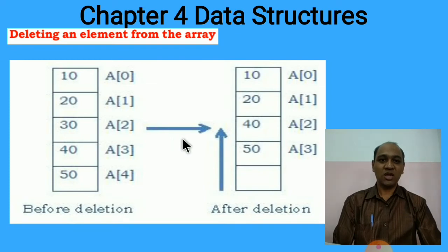Here you can see this arrow mark represents that this particular block element is to be removed, that is, the one whose position is 2, consisting of 30. Once it is removed, this particular block will be empty. So both of these two elements are to be shifted to the lower order. That's the reason this arrow indicates we are shifting 40 and 50 to the lower order. Next we will continue with the algorithm.